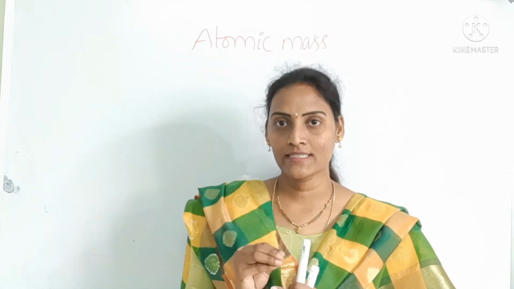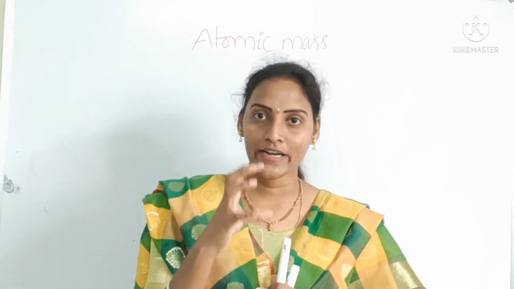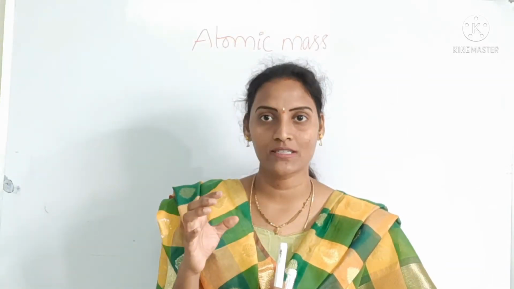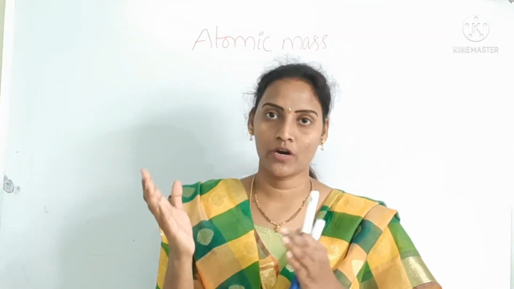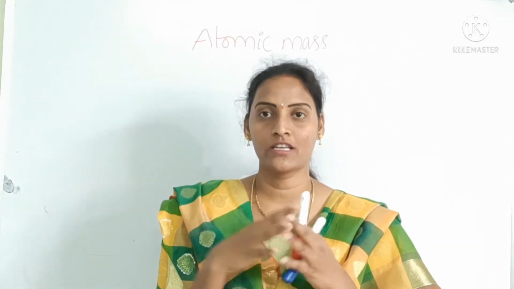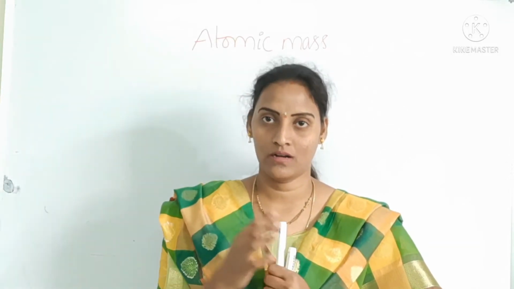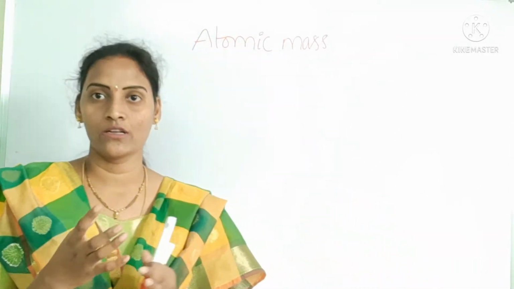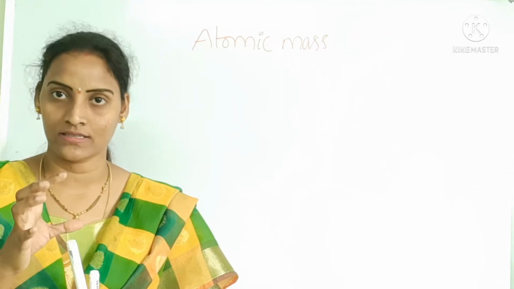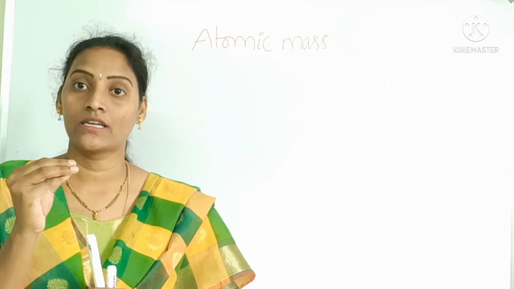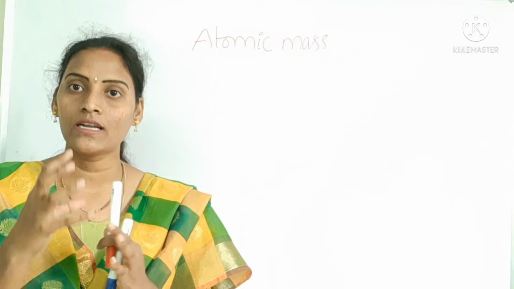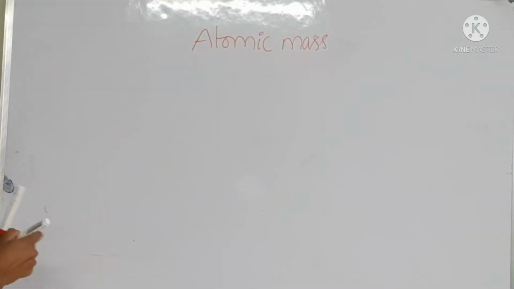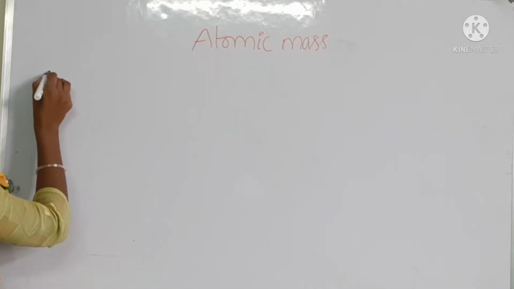At that time scientists took relative atomic masses from chemical combinations. These chemical combinations are nothing but atoms or molecules joining together to form compounds. By using these relative values from chemical combinations, scientists assigned the relative atomic mass of an element. How does it work? See here. You can take one example.